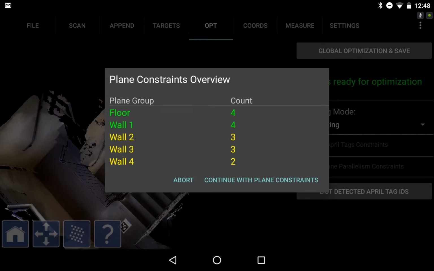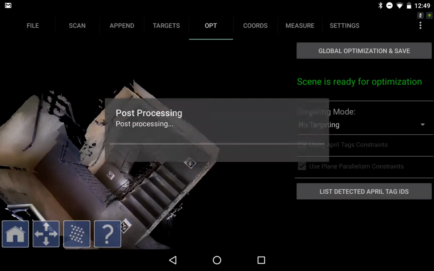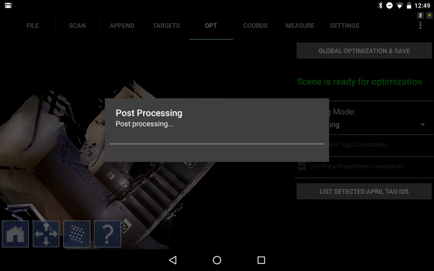where we see this new window that shows it recognizes that you flagged 4 landing floors and 4, 3, 3, 2 of each of these different walls that are parallel to each other. So I'm going to use those as plane constraints during my staircase optimization. So you of course then just want to select Continue with Plane Constraints. And now my data optimizes as always, typically in a matter of a minute or two, depending on the size of your scan,